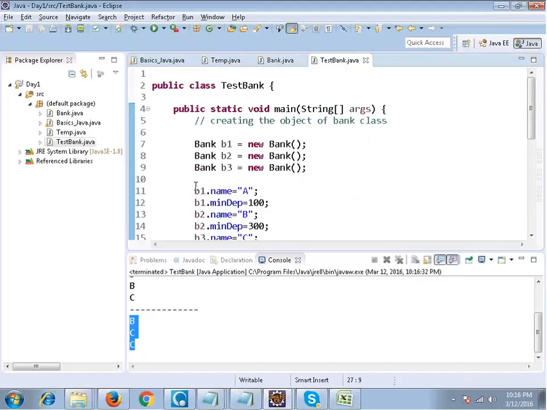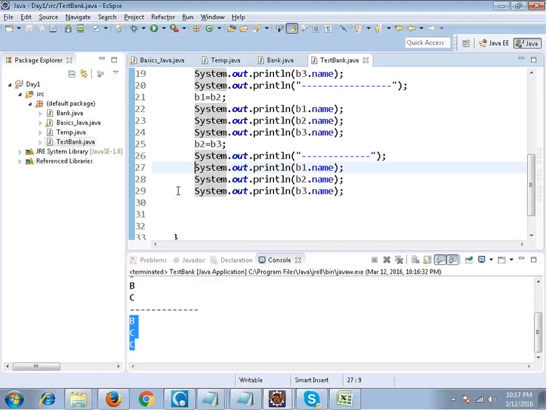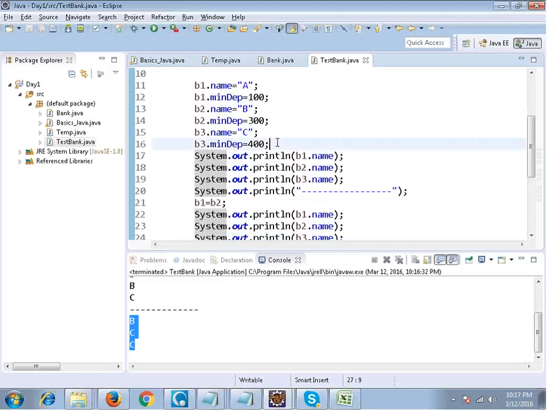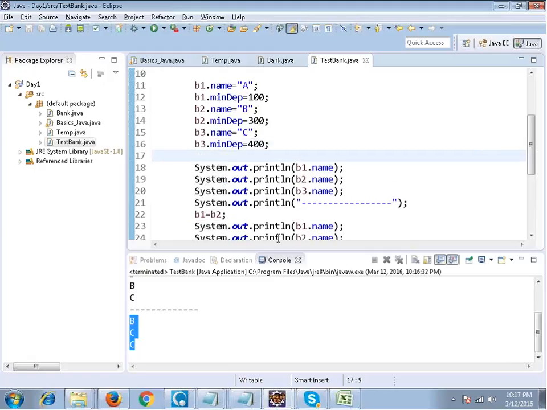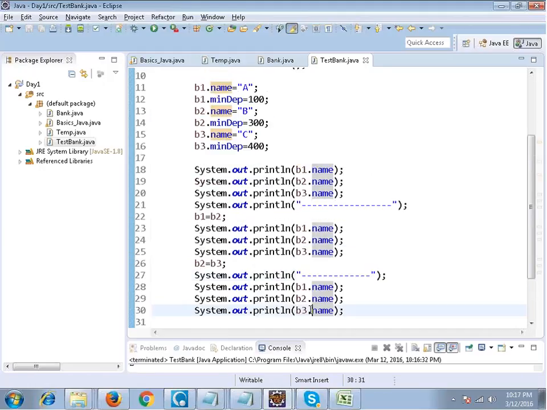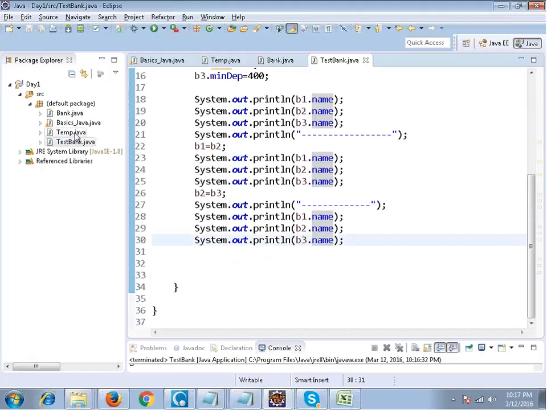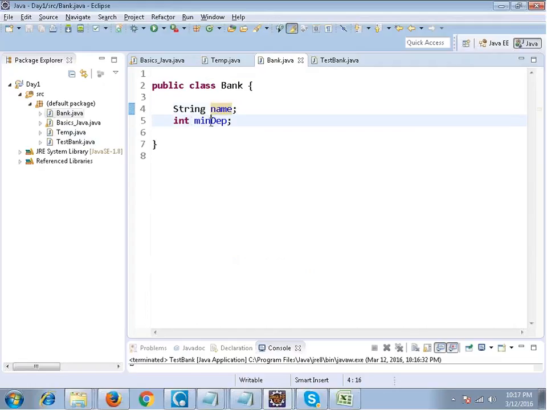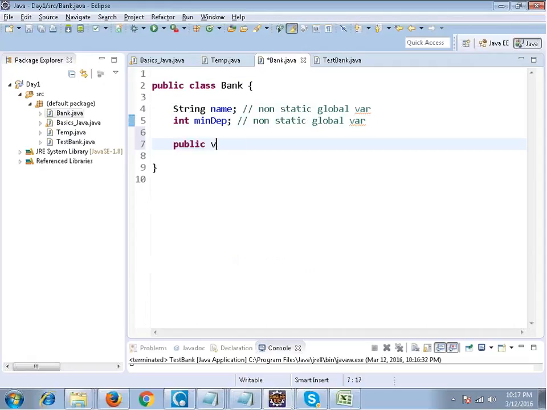Now, moving ahead. Right, fine. Now over here, this is the name and this is the minimum deposit. Technically this variable is known as a non-static global variable. Right. If I make a function like public void deposit,